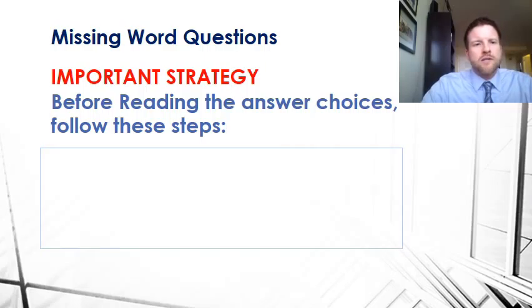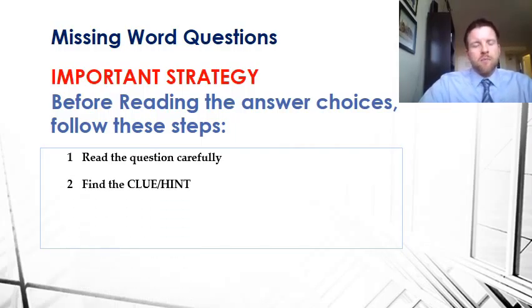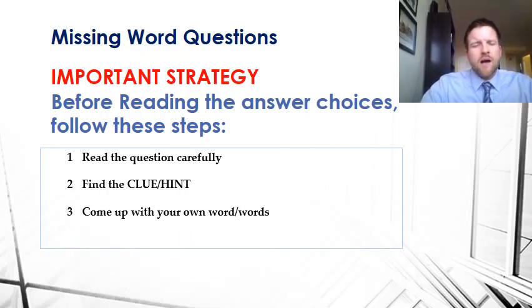When we're answering our missing word questions, what we want to do is look at a strategy on how to approach these questions so that we can get the most out of our time. So what we can do first is read the question carefully. Well, that's pretty clear and easy, but here's where it becomes a little bit counterintuitive or not quite so obvious: instead of going to the answers and looking at the answers, we want you to look more carefully at the question and try to find a clue or a hint as to what the right word might be,